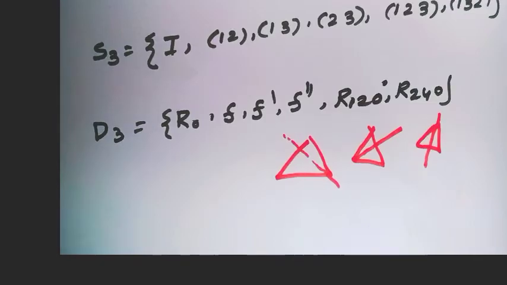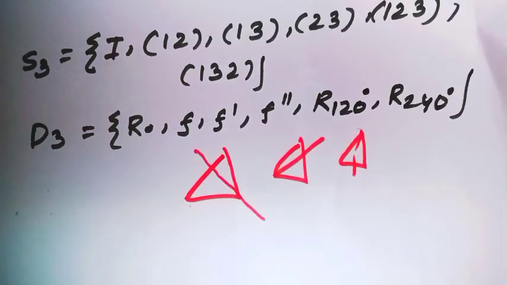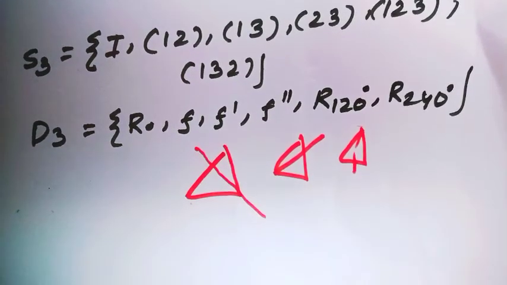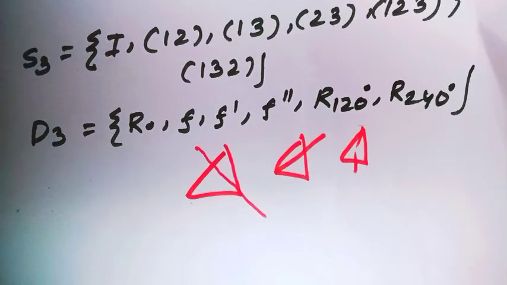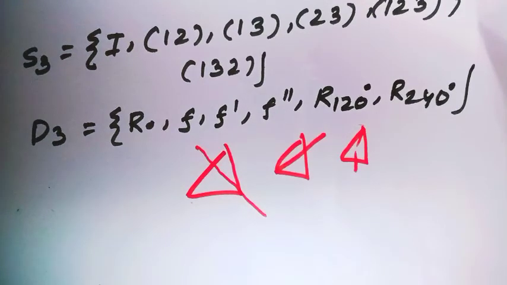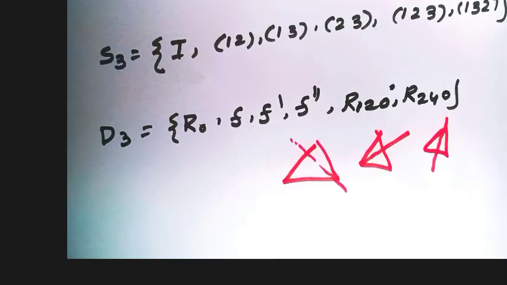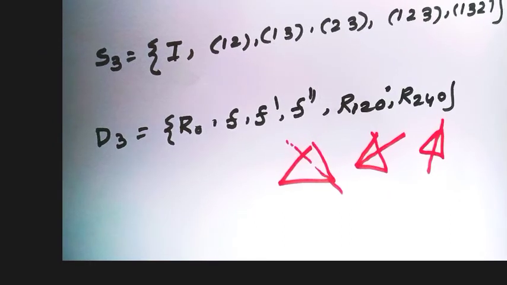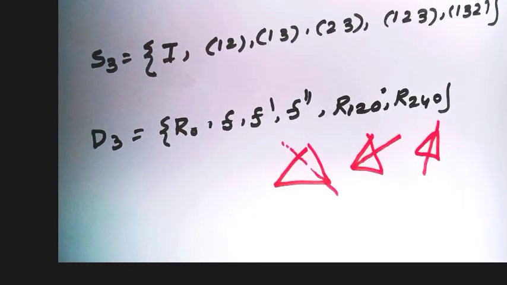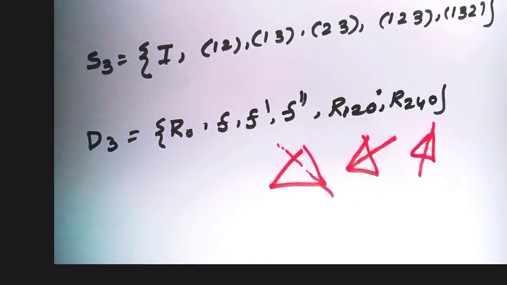Are you getting it? And the other elements of order 3 are rotations, R120 degree and R240 degree. Well, notice the orders of elements are the same, so both groups are isomorphic to each other, and